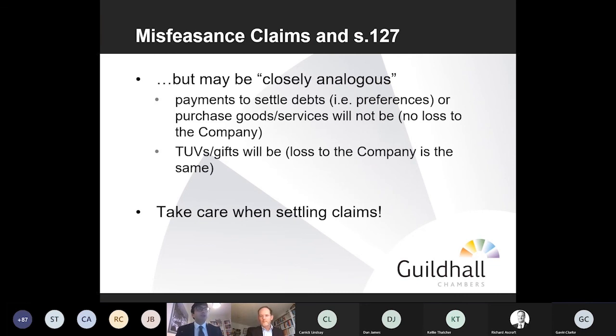So it was a payment that was used to pay debts. In that case, they won't be closely analogous because the company suffers no balance sheet loss. It's simply the unsecured creditors who are in a worse position. And so therefore you can merrily settle with one and not accidentally settle your claim against the other. But if there's no value for the payment, if it's a transaction at an undervalue or a gift, then the two situations are closely analogous because you're looking to recover what the company's lost. So the takeaway point is, when you've got potential claims against a director and a recipient, make sure that by not having careful drafting in your settlement agreement, you don't inadvertently end up releasing the claim against one when you don't want to.